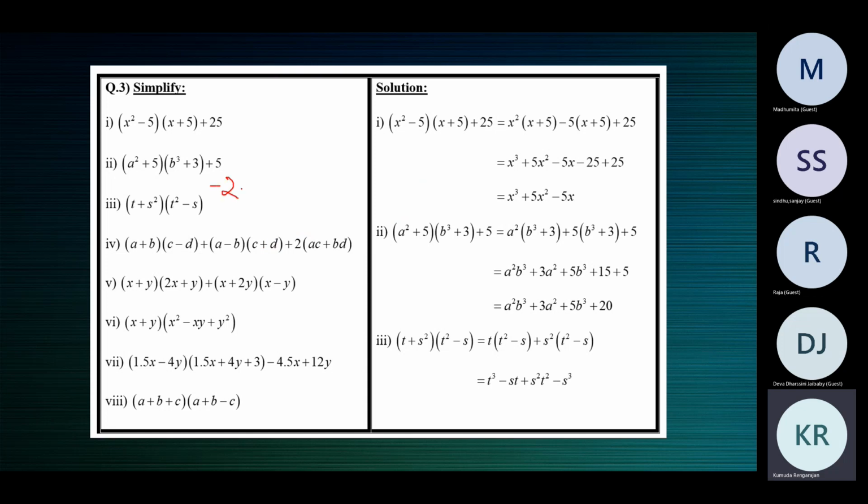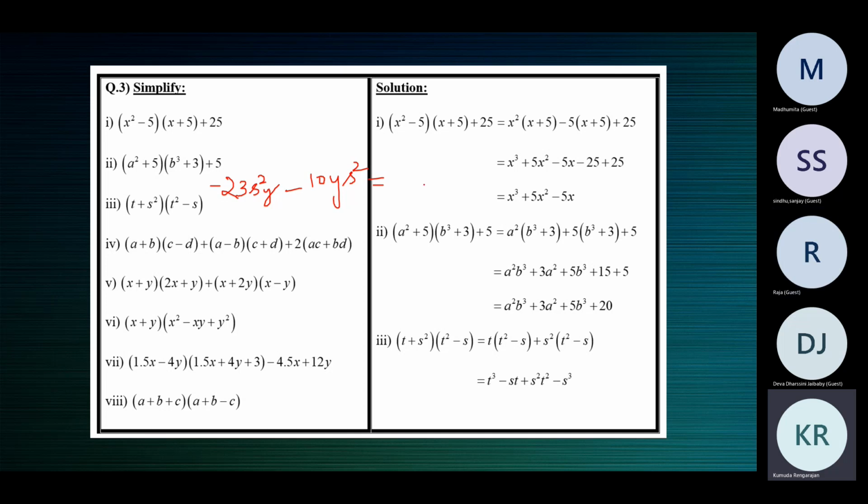What is minus 23 s square y minus 10 y s square? What's the answer? First, are they like terms? Yes, ma'am. Do the letters and their powers match? Yes, ma'am. Okay. Now they can be in a different order. This is s square y, this is y s square. That's okay. There is y to the power 1, y to the power 1, s to the power 2, s to the power 2. Like terms.